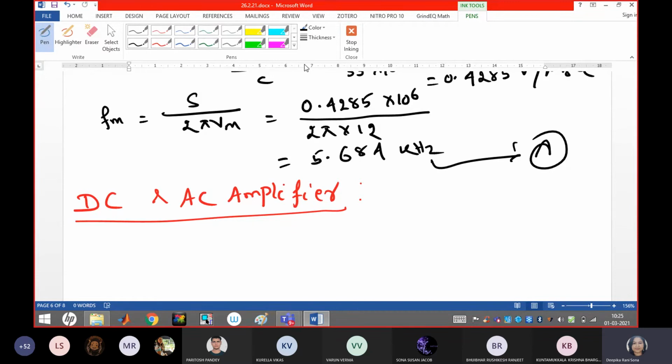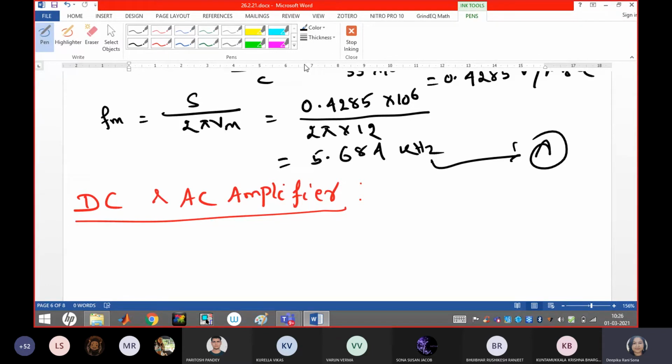Then come to AC amplifier. In AC amplifier, what have we learned? We have learned the frequency response of the op-amp. So if the AC input signal is superimposed or embedded with the DC level, it is essential to block the DC component because we need only the AC component to work out. This can be achieved by using an AC amplifier with a coupling capacitor. So what is the purpose? To extract the AC signal, we have to use the capacitor, which will filter out the AC signal only.